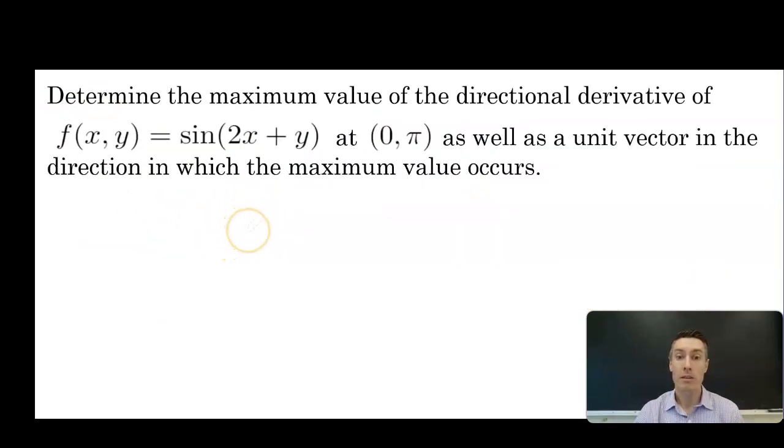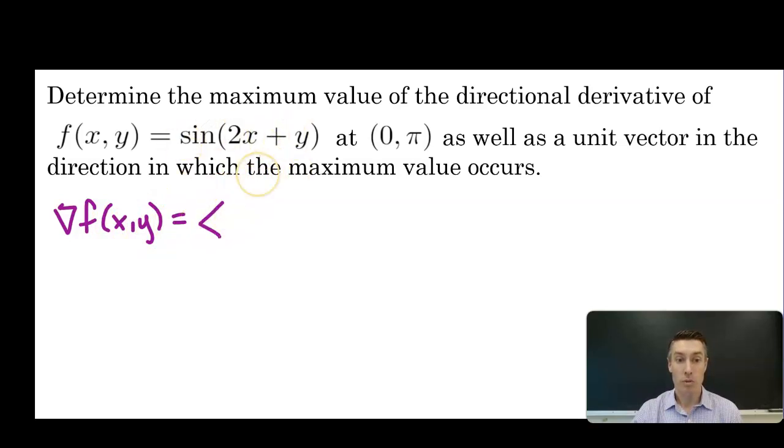So determine the maximum value of the directional derivative of the function sine of 2x plus y at the point 0, pi, as well as a unit vector in the direction in which the maximum value occurs. So both of these questions rely on the gradient vector. So that's a good place to start. So the gradient of our function